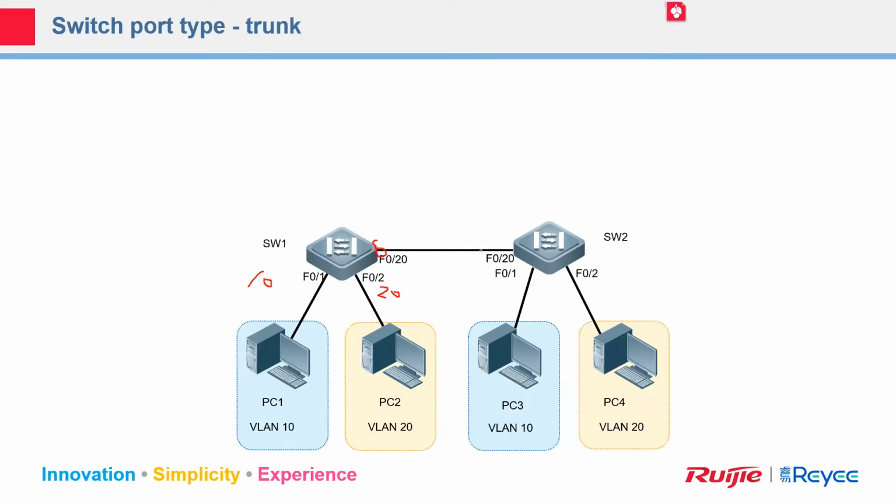If our type is access, what should the VLAN be? 10 or 20? If we configure the interface to become an access interface, it can only be in one VLAN, right? So what should the VLAN be? If we can do the configuration,